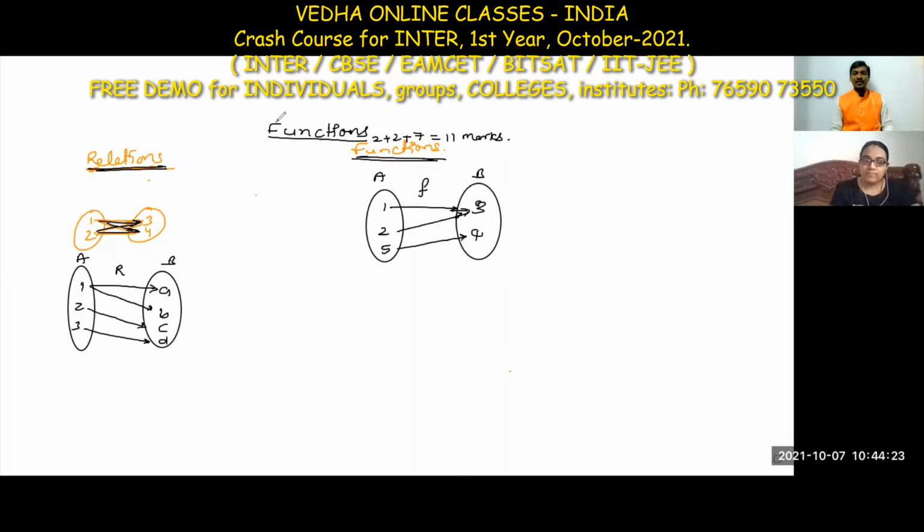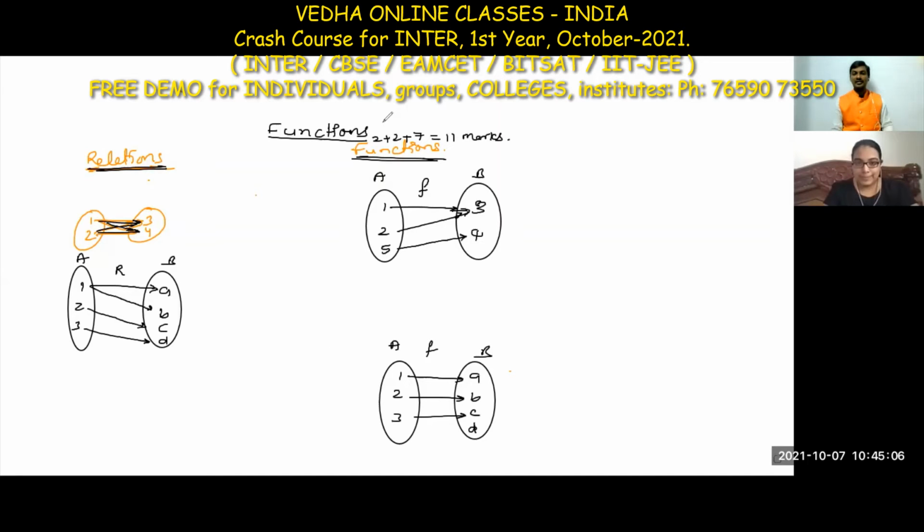And here is one more condition. We can leave any element in the second set, but we can't leave an element in the first set. Here I mapped 1 to A and 2 to B. If we leave one element here, it is not a function. Taking A, B, C, D, I mapped 3 to C and left the element D in the second set. Anyhow, it is a function.